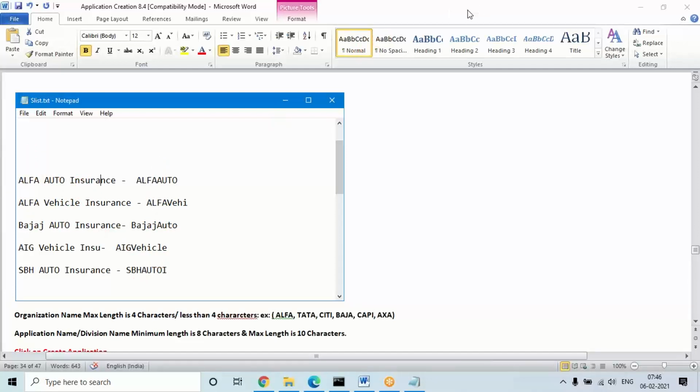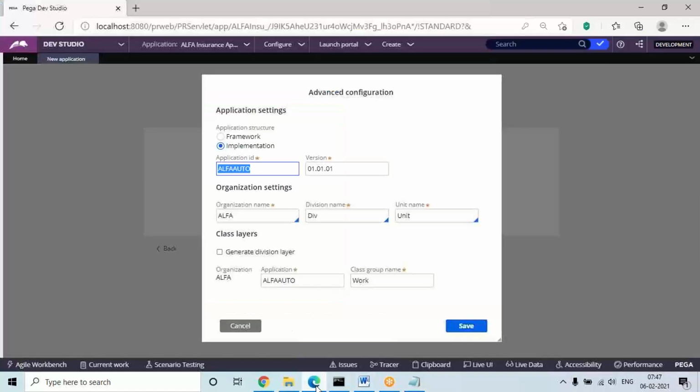So now in our application, according to the name given, Alpha Auto will be taken as a shortcut for your application name, or we can also call it the application ID or division name. Okay. If you see in the settings here, the same application ID will take 8 characters from the name given, or your application name you can also see truncated to this one. And the same we can also call a division class. With this name, some division class will be created. In one Monday session, I'll discuss more about the types of classes in Pega.